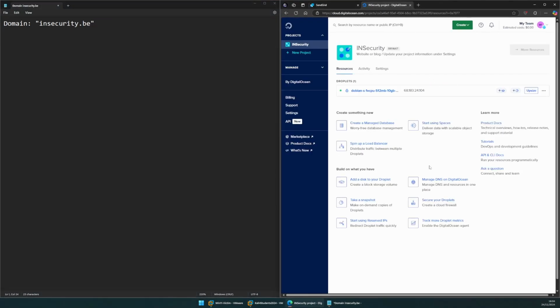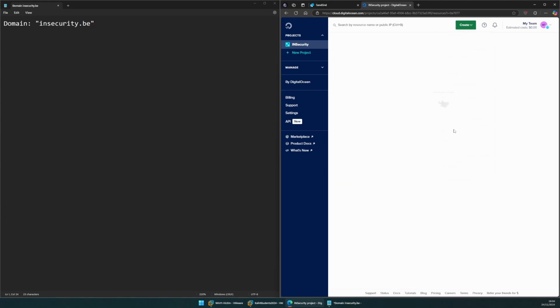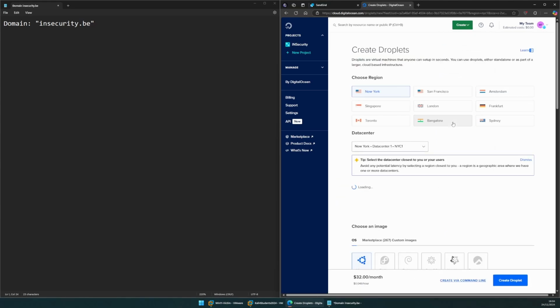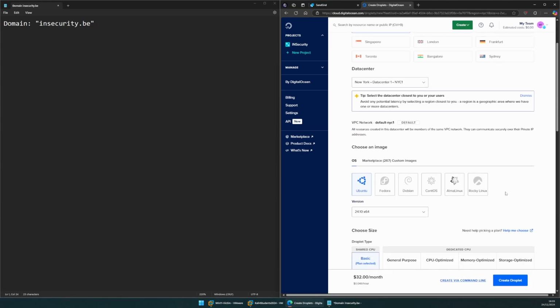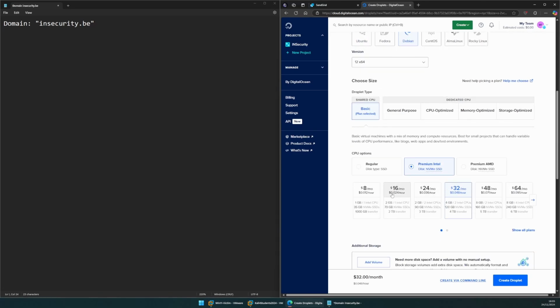I'm not going to run this on my home system. So this is an example of an environment called DigitalOcean, where you can create something called droplets. So we can create a droplet. It's very simple, very easy, and most importantly, very cheap. So I like Debian, doesn't really matter what you want. I like the cheaper one, and this is more than enough,